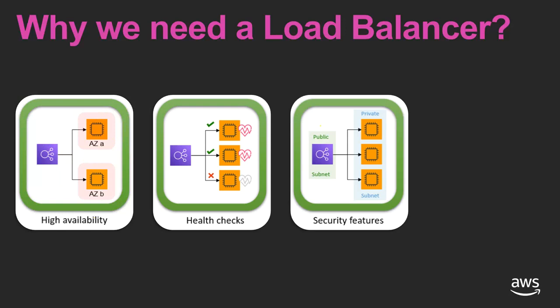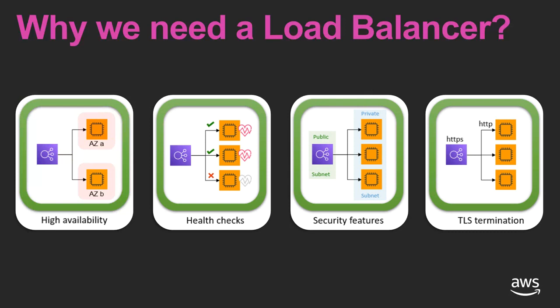Plus the security feature. If you see this picture, I have kept my load balancer in a public subnet, but I have kept my EC2 machines in a private subnet. All of my machines are in a private subnet, and this ensures that I don't have to expose my machines at all to the internet. The only exposure is at one entrance, and the only protection I have to provide is at the public subnet, with no need to provide that level of protection on the private subnet. But still, we can enforce some security on this if required. So this is how my security feature would be working.